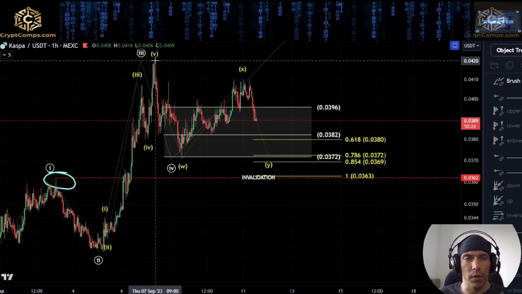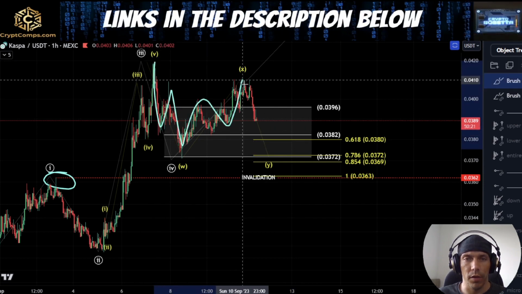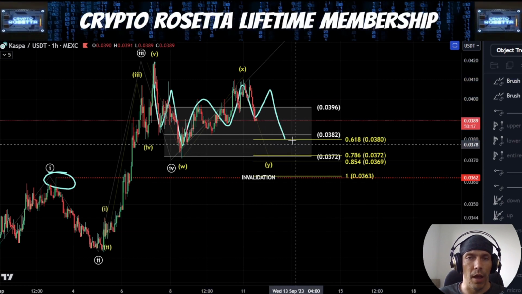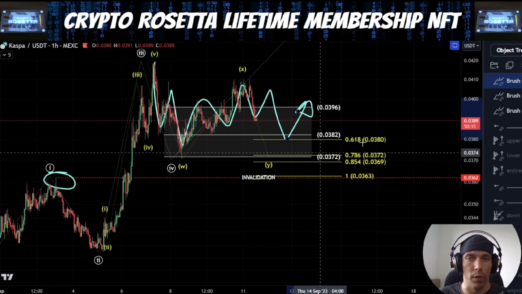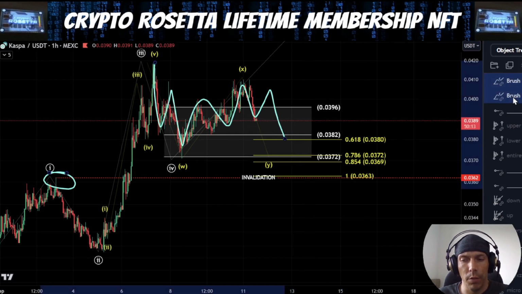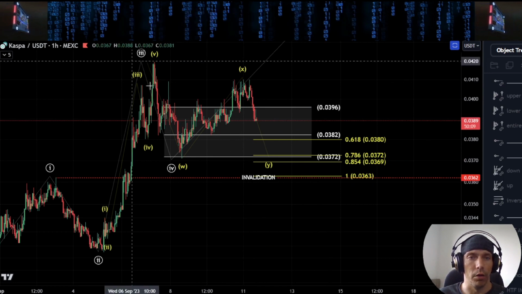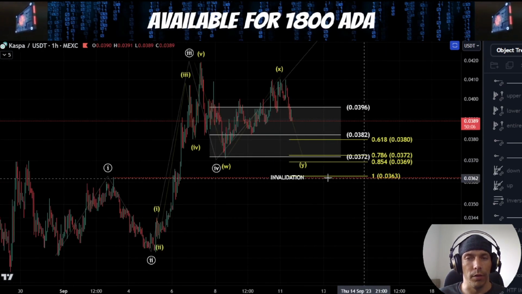So if we do see something like this as WX, and then we get A, B, and C, and we see a move down towards this 0380, I'm going to be watching for a reaction to the upside. If that fails to develop, then obviously we could be looking at a more bearish situation here, where we start to break down in a bigger way. We're going to go over that, like I said, in a second.